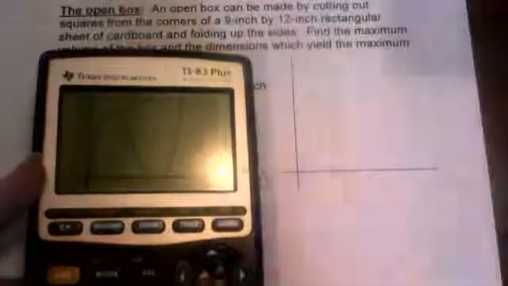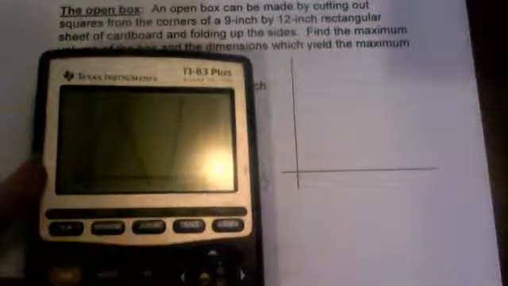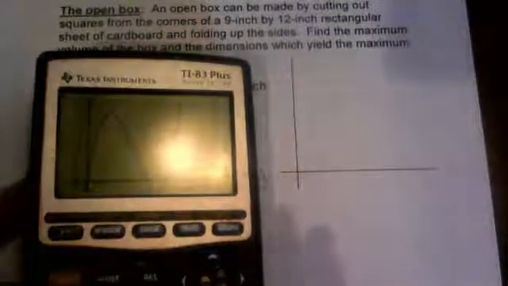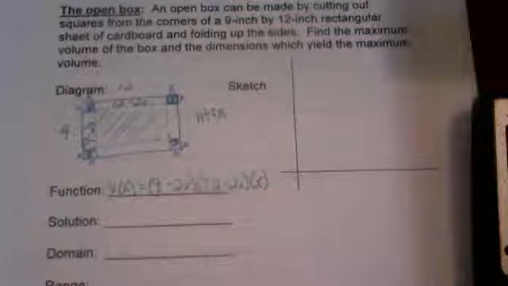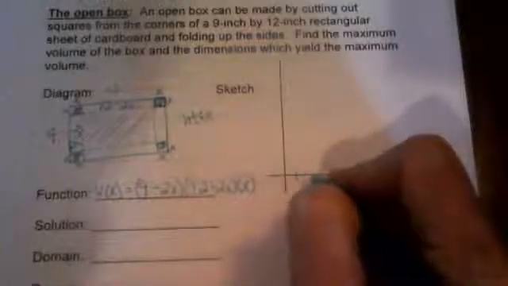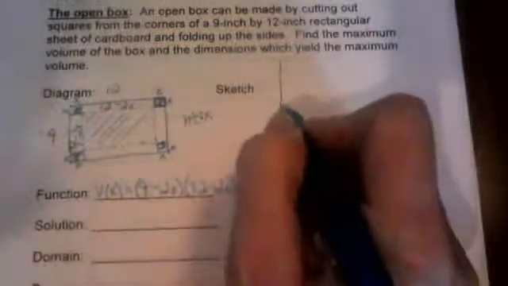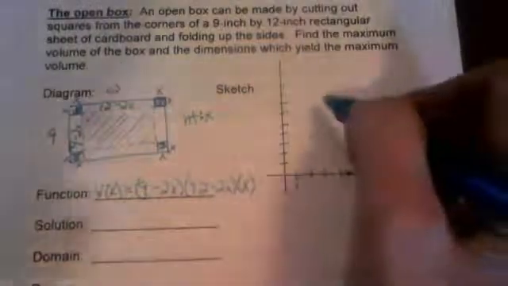So it looks like we've got 1, 2, 3, 4, 5 marks, so about 4.5 marks over. And going up, we've got 1, 2, 3, 4, 5, 6, 7, 8, between 8 and 9, and those were by units of 10. So when we're drawing our graph, we're going to go 1, 2, 3, 4, 5, and these are just single units. And then going up, 1, 2, 3, 4, 5, 6, 7, 8, 9. So somewhere in there. And it was kind of offset, so